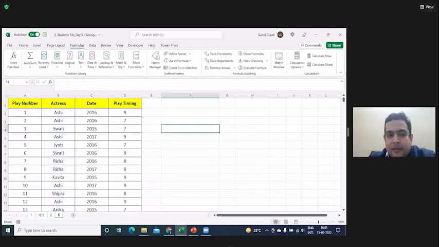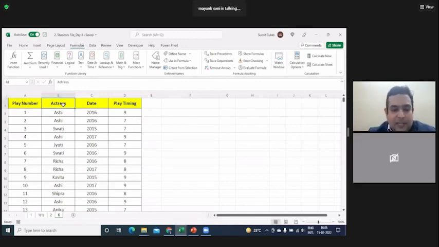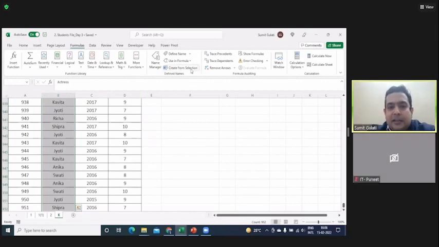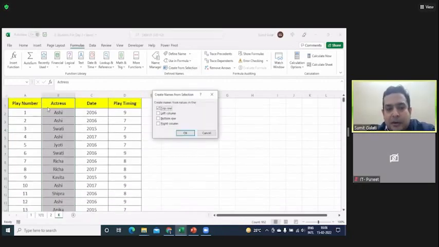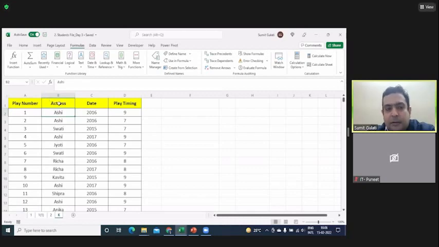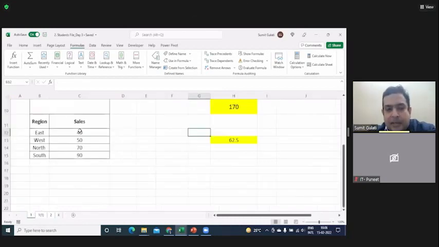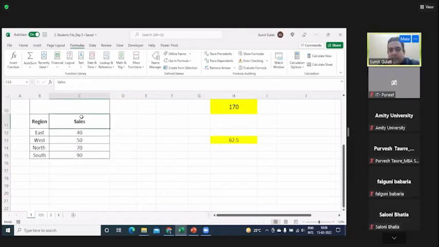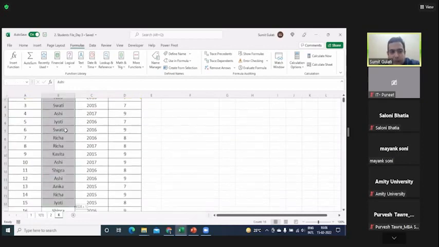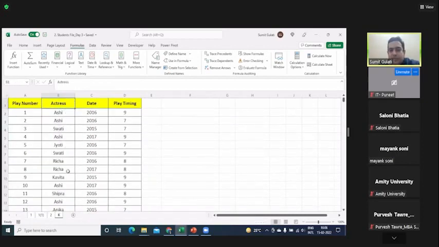Just do along with me. Click on A1. What can you do? What you're doing is, once you have selected this complete range and you say create from selection from top row, you're telling Excel to name this column starting from Ashi till the end as actress. Okay, sir. What we were doing here, the whole of this is named sales. The same we are doing here. The whole of this together is named actress, not the individual cells.